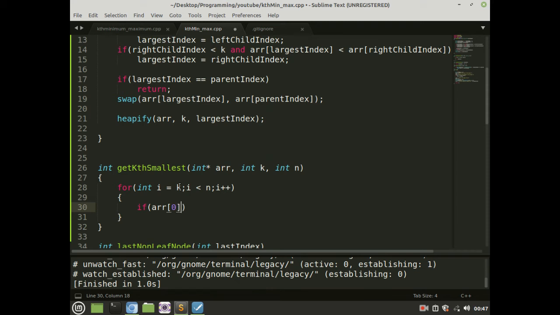Why? Because it is a max heap, and the topmost element will be the maximum element of our heap.